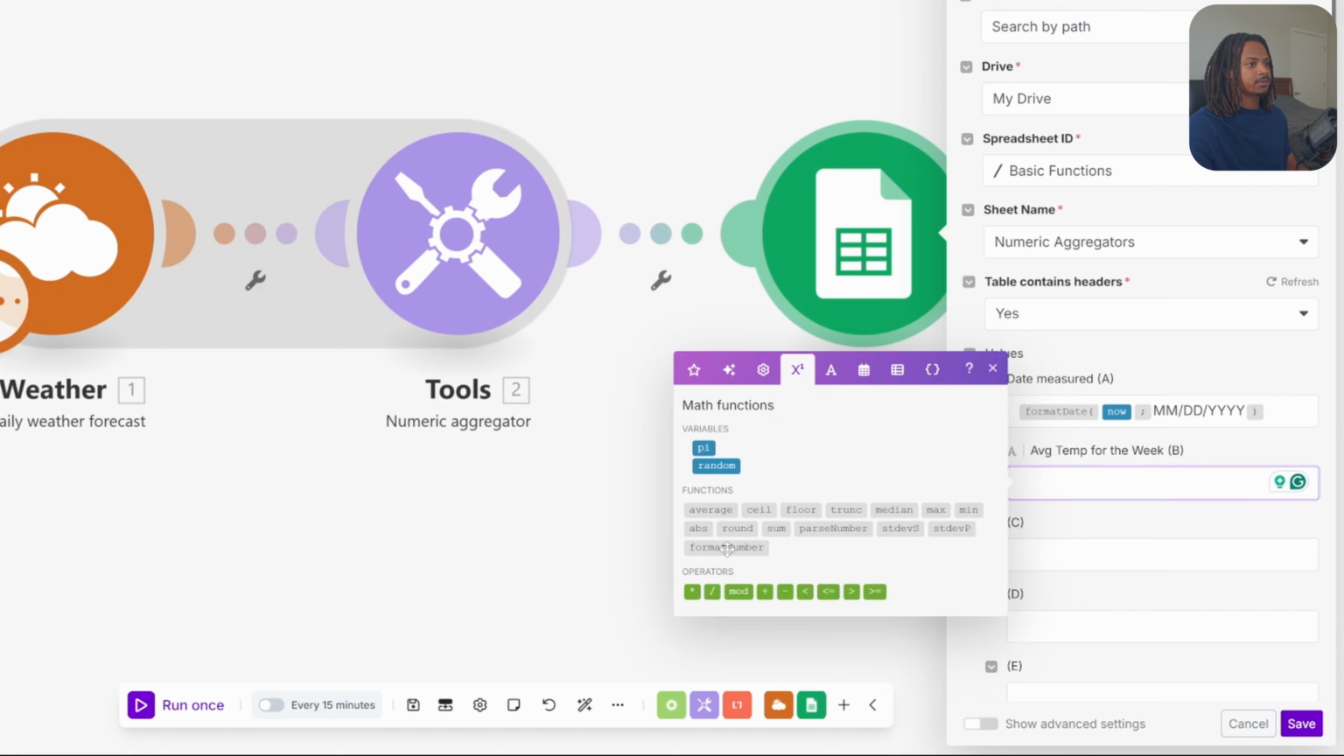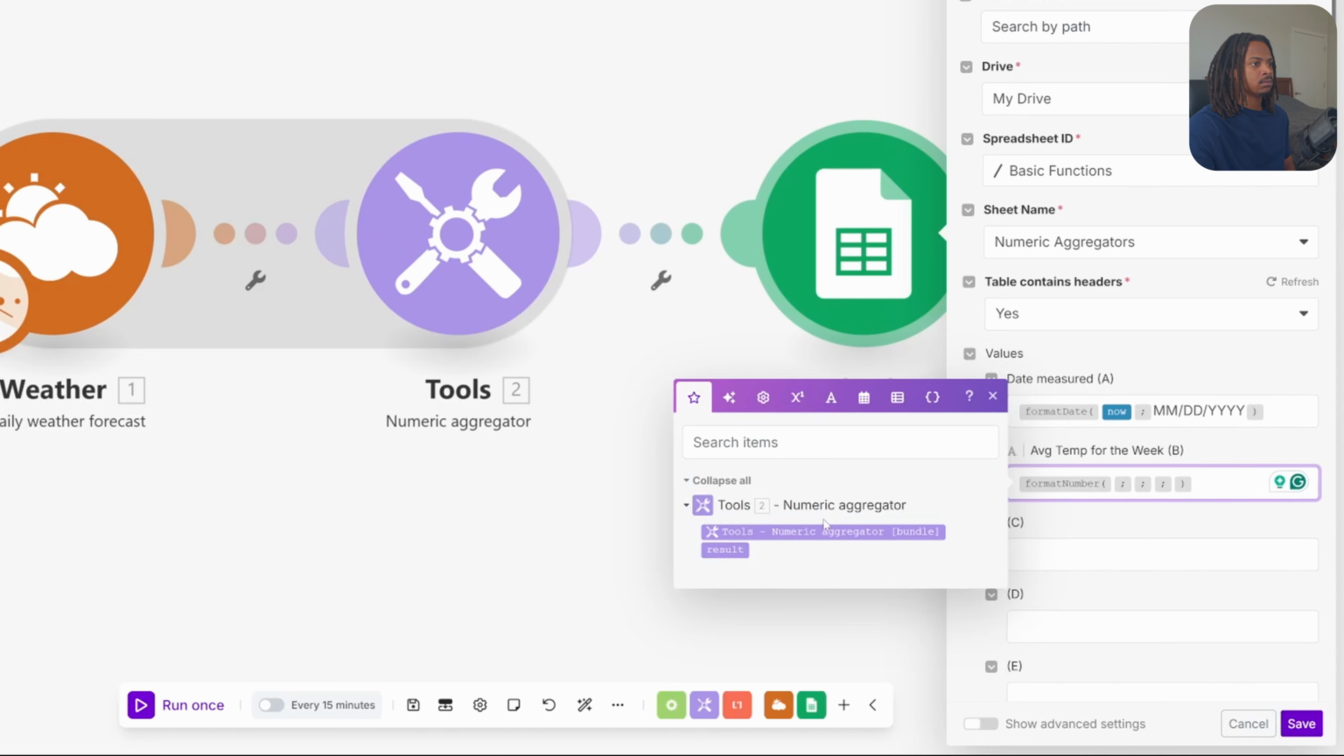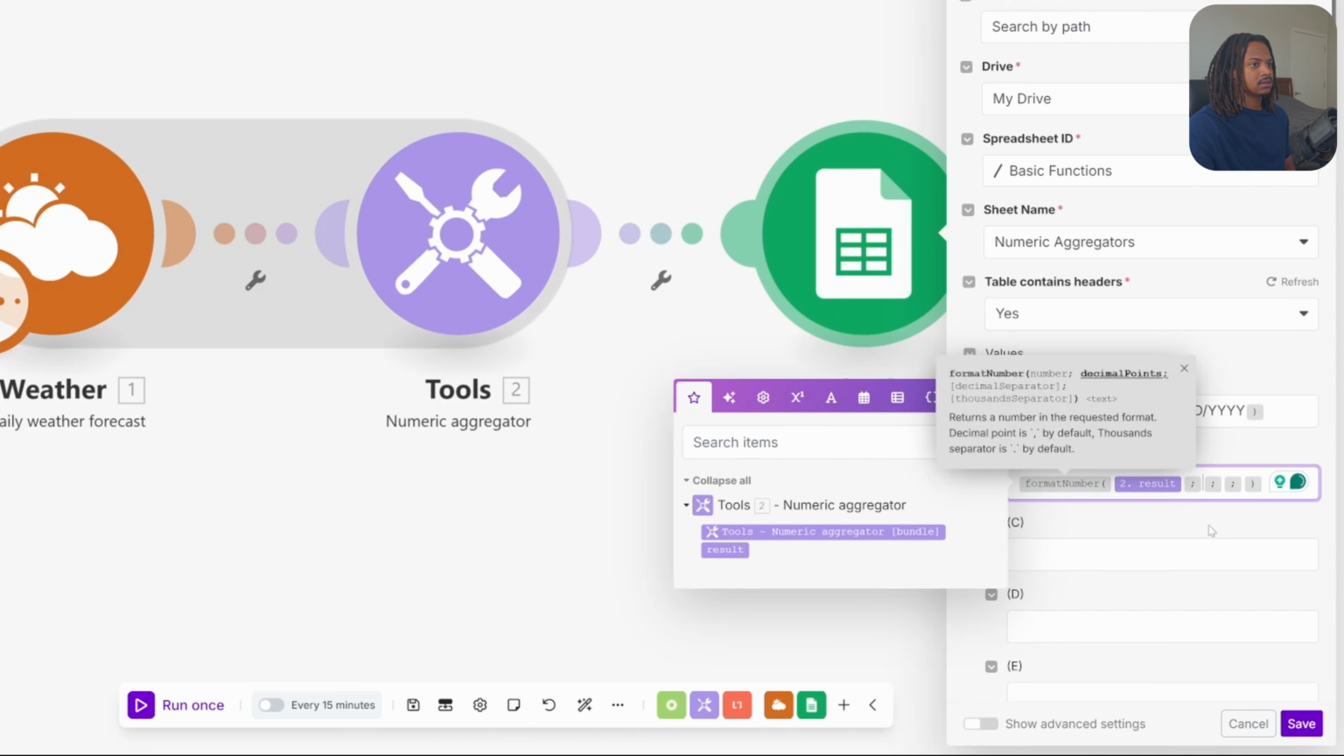Down here you can see format number. It already gives us a couple of semicolons. So in front of the first semicolon, we're going to put the results of our numeric aggregator. So we have to go into our little star or favorites tab, and you can see the results for the numeric aggregator right here. I'm going to just click results,